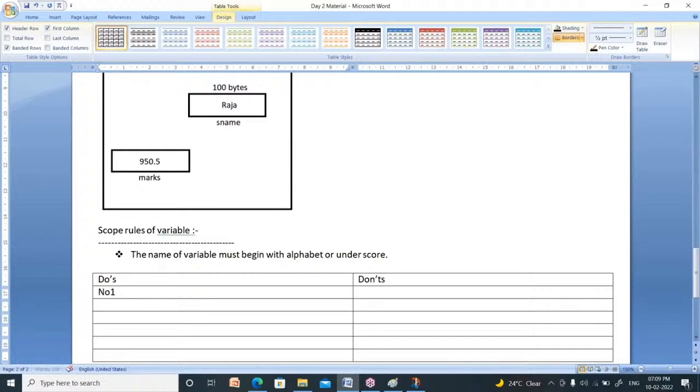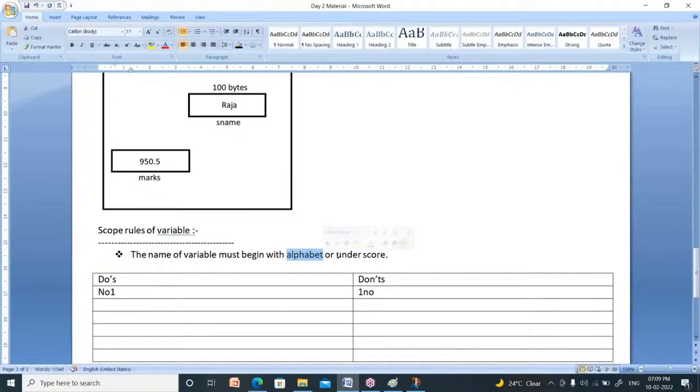Number one, it is a valid name. Why? Because the starting letter is alphabet. You cannot define a name like this: first number. It should not begin with a digit. It should begin with alphabet or underscore. So it is an invalid variable name. You cannot define a variable like second number.